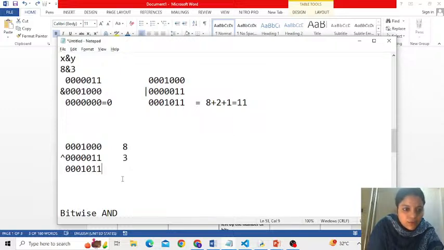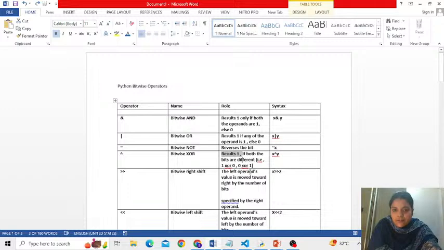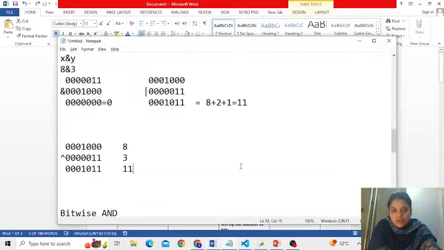Yes or no? The two bits are different. Yes, it's giving me 11. Correct? So this is again giving me an answer that is 11. Hoping people are understanding. Alright, fine. So if both the bits are different, that is 1 0 or 0 1. Check it out once.